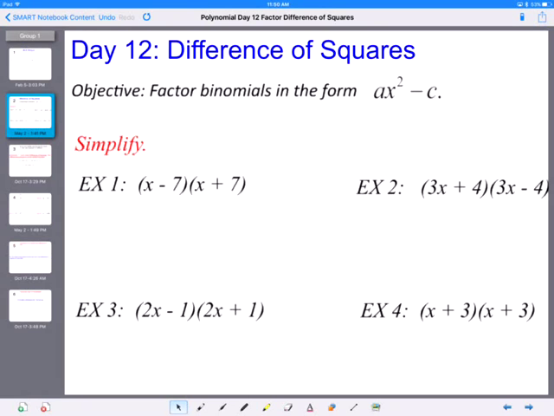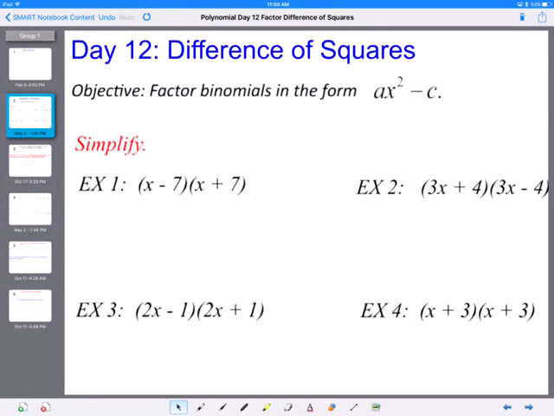Today we're going to talk about the difference of squares. So the objective, after we're finished with today's lesson, we will be able to factor binomials in the form of a x squared minus c. So just a quick refresher, if you have something like example 1, x minus 7 times